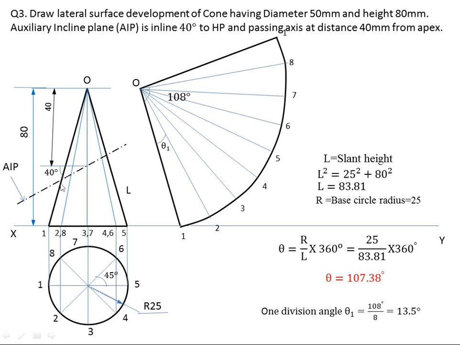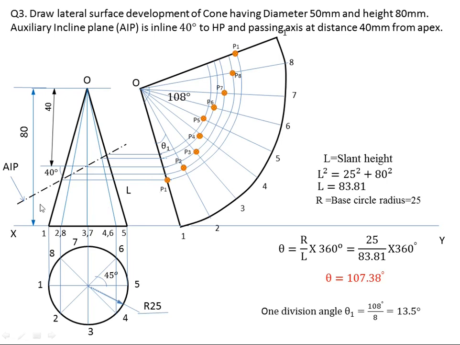Okay, it is cutting the generator O21, O22, O23, O24, O25, O26, O27 and O28. Now from this draw a horizontal line like this, which is cutting the generator. Then this O to this much distance in compass, O at the center, rotate an arc. Now mark the point here.